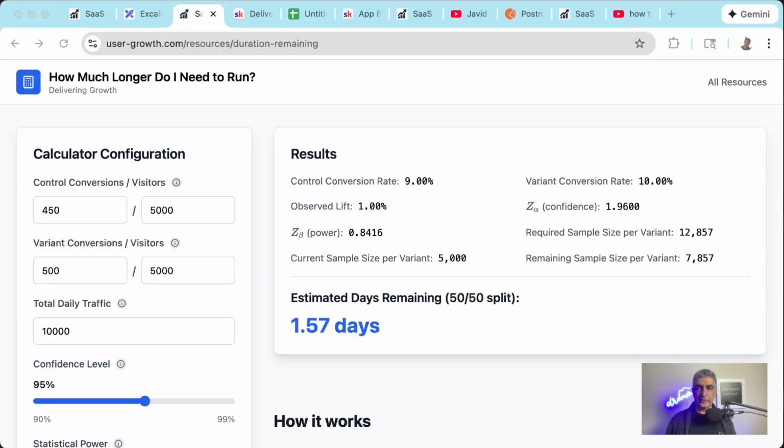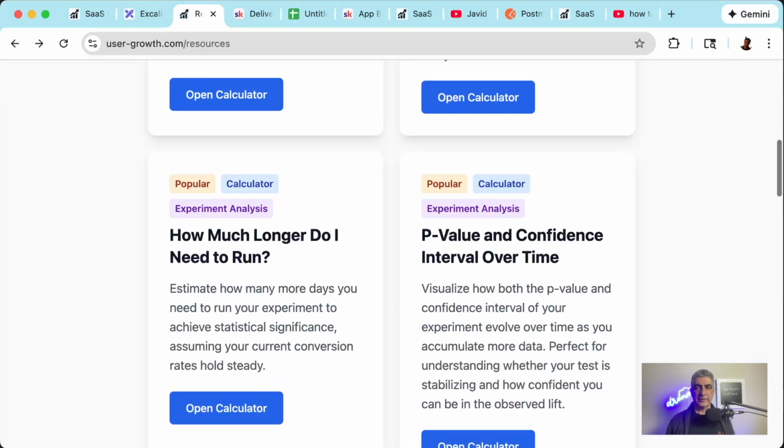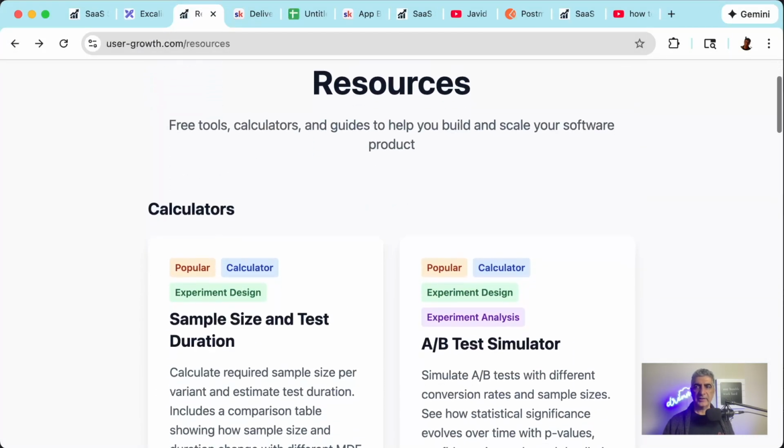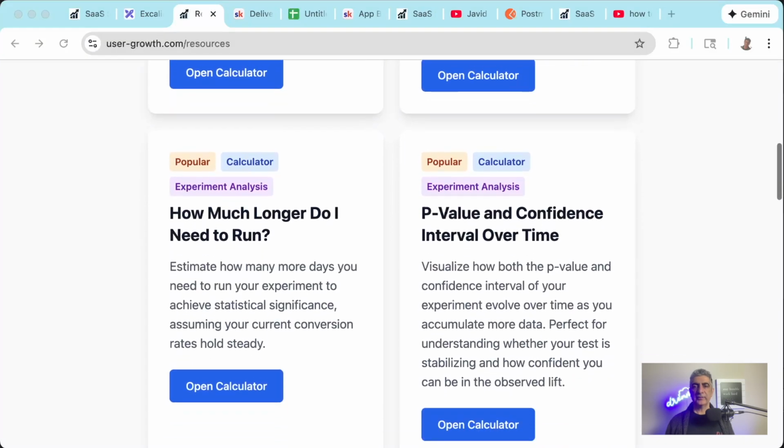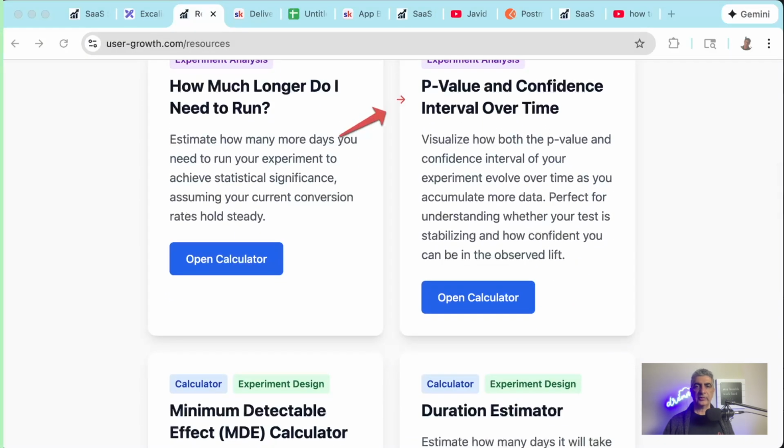With these calculators, you're now armed with everything you need to know to design and analyze your A/B tests with confidence. You can use the simulator to understand how the tests work in practice, the sample size calculator to figure out how much data you need, and the duration estimator to plan your timeline. Then, when your test is running, you can use the p-value and confidence interval calculators to analyze your results and